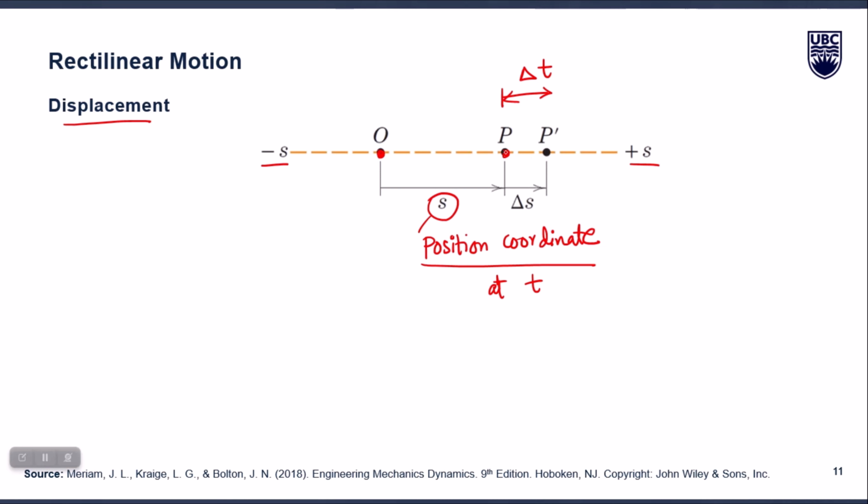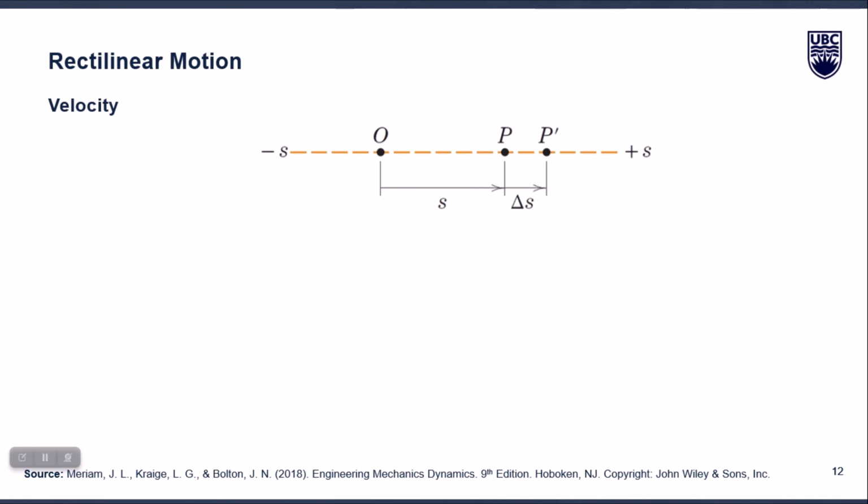So that was the first concept, displacement, the change in position coordinate of a particle which is moving along one line only in this case, right? And then in the next case it will be moving in a curved path, and then finally moving in a three-dimensional path. Velocity is defined as the ratio of delta s over delta t, but that velocity will be the average value of velocity during that time interval delta t, right? So if you divide delta s by delta t, you will be getting average velocity,